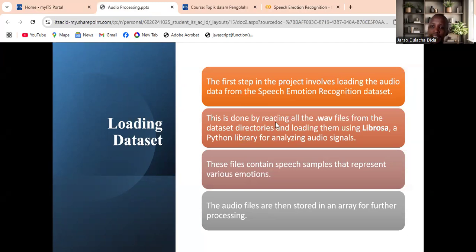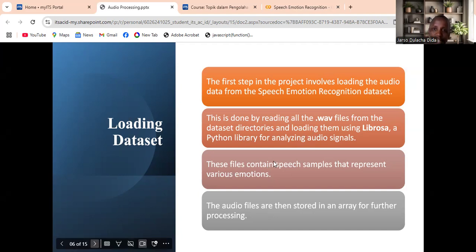This is done by reading all audio files and loading them using Librosa, a Python library for analyzing audio signals. These files contain speech samples that represent various emotions, and the audio is stored in arrays for further processing.